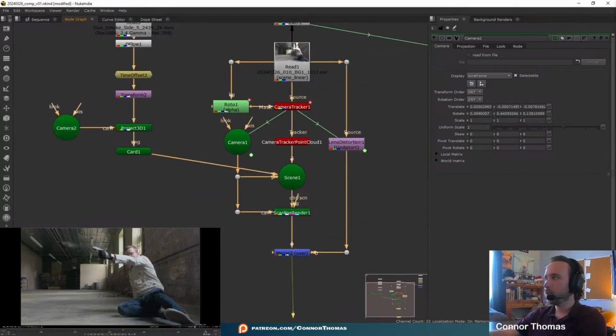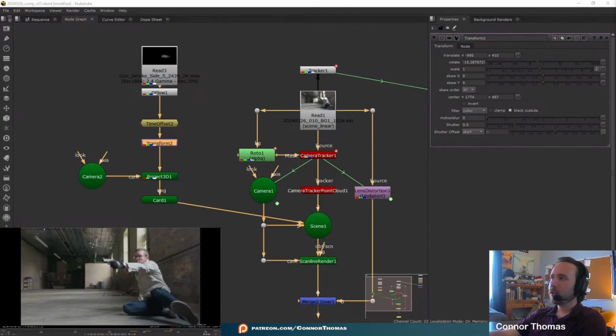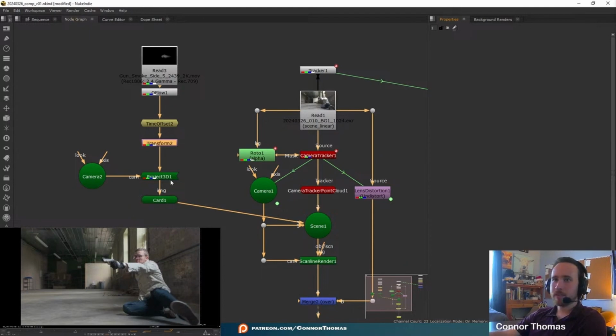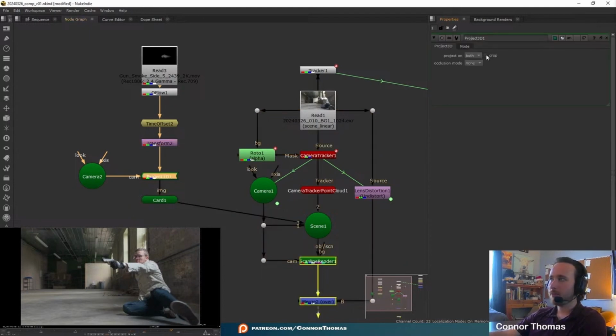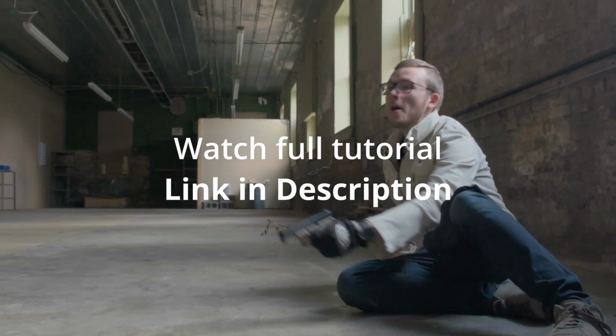So now if we go ahead and view our gun smoke add-on here, the other thing we're going to notice is that we're going to get a little bit of clipping here. The reason why that's clipping is because under our Project3D, it says crop. So we're going to unselect that crop, and that way we're making sure that it's not going to crop on our shot. So first things first, we've got like a window